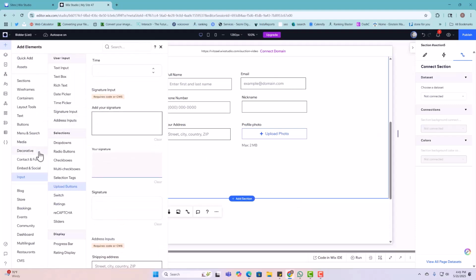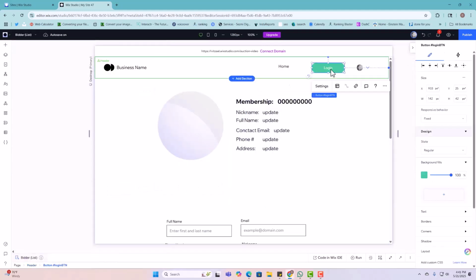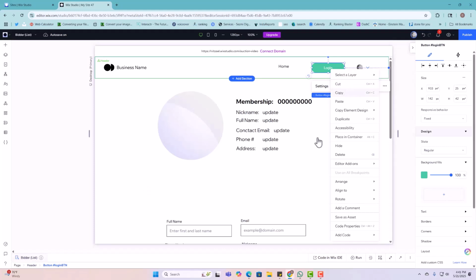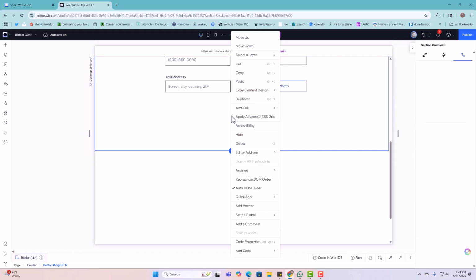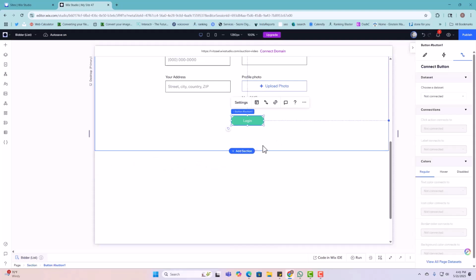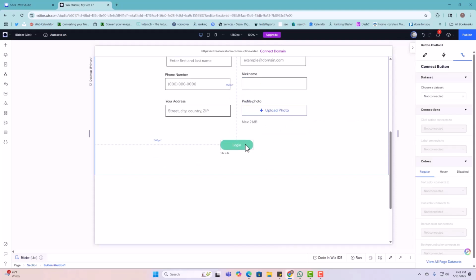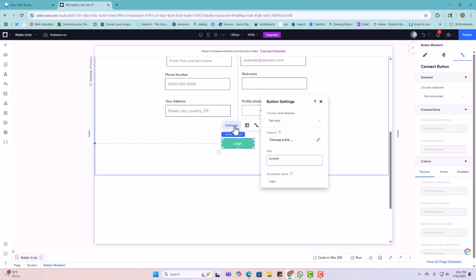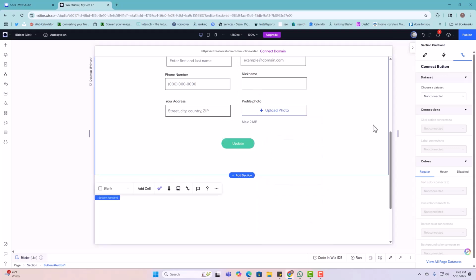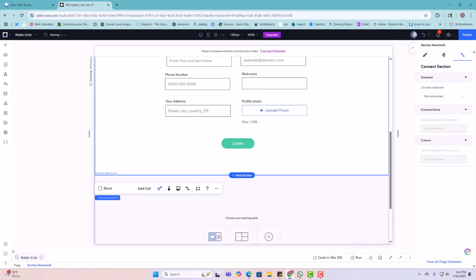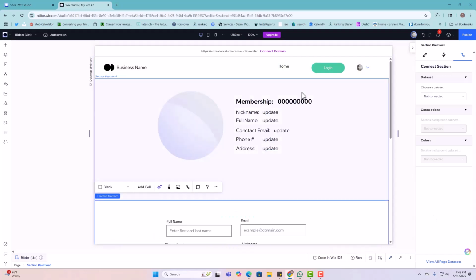and then we're gonna do a button. So we can still use this button. So we're gonna reuse this one more time, copy, and then we can paste this right here. And this one is gonna be update. And that's it. So one other thing that we're gonna add right now, it's another button right here for the